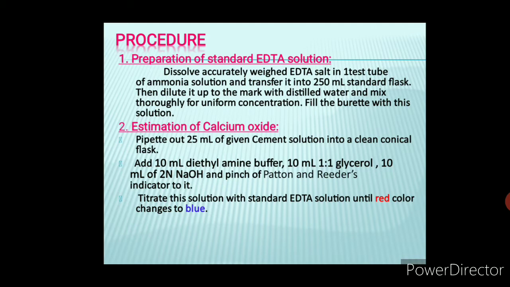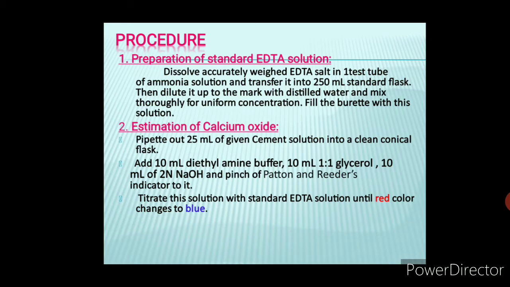Now why will it turn to blue? As soon as we add a drop of EDTA, what happens inside? The red color complex is because of the indicator plus calcium ion complex. Now EDTA is stronger as compared to the indicator when we are talking about complexing. So what happens when the stronger EDTA comes? The calcium ion detaches from the indicator-calcium complex, and it will complex with EDTA, leaving the indicator. Now it will be EDTA plus Ca2+, which will be colorless.